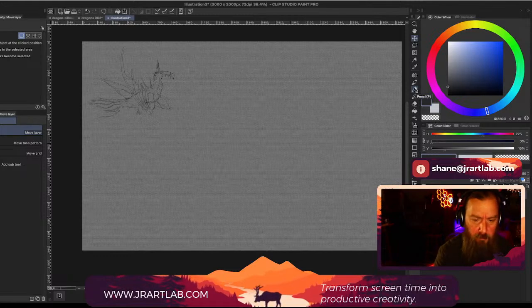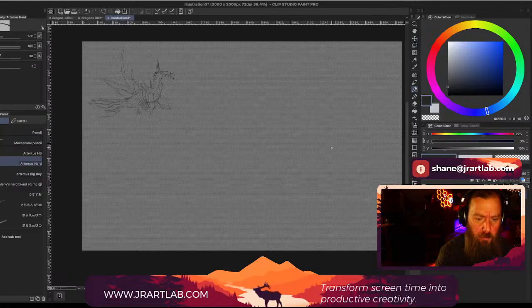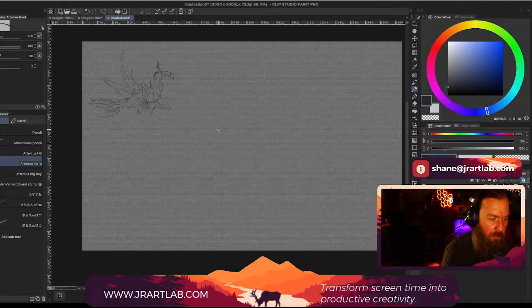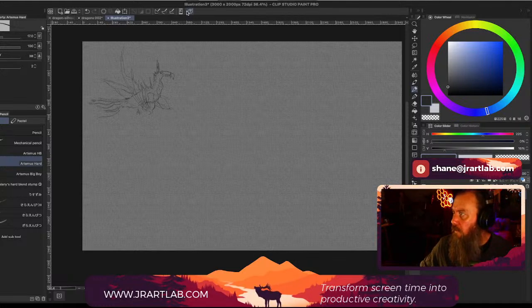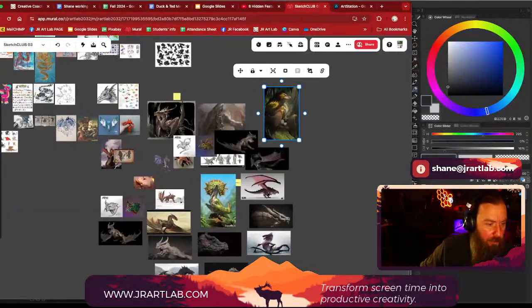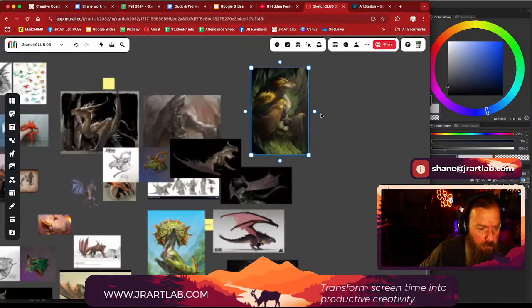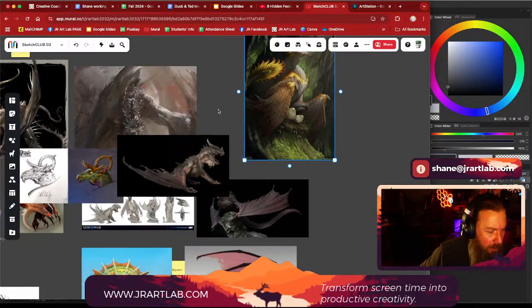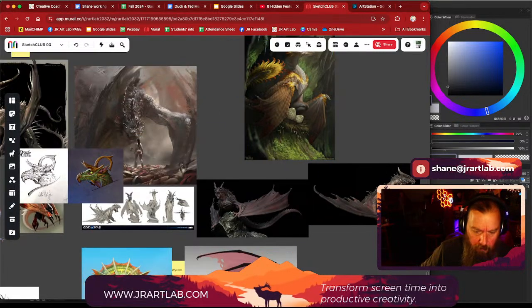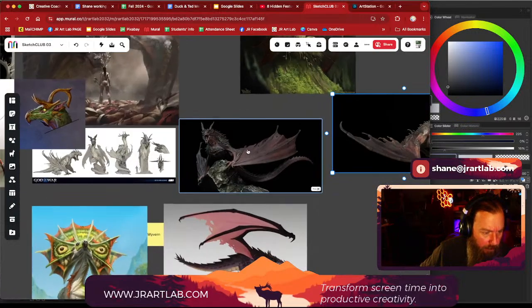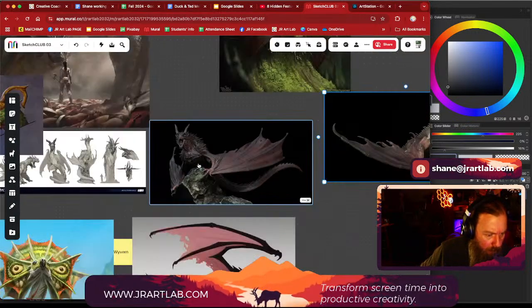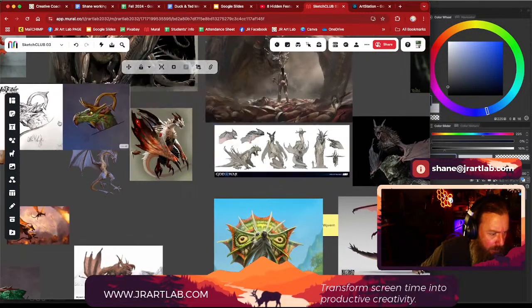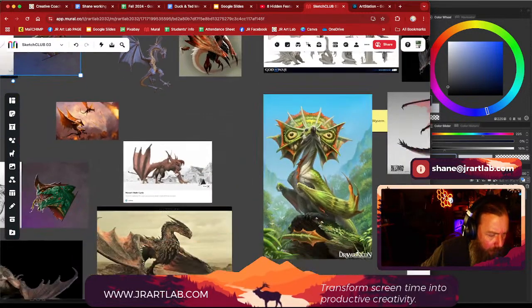So that was our sketch after we did the idea, and I think what we want to do now is think about how we can pose this guy. That's why I wanted Mural loaded. Okay, so let's have a look at some options. We could have him sitting. I like this one with the rock. Standing on the rock is something I'm considering here. This one's pretty cool too.